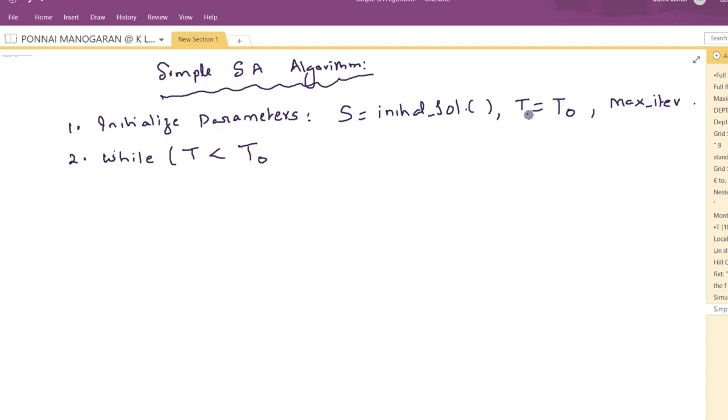Let us suppose this is the final, or you can write final. This is the initial temperature. Slowly we will decrease it. In the third step,